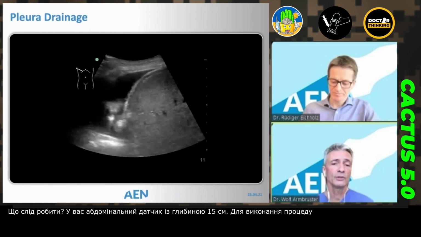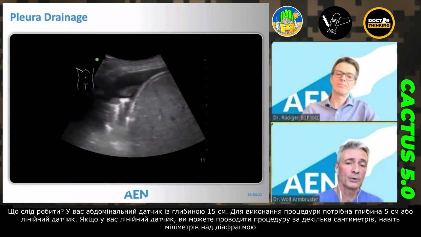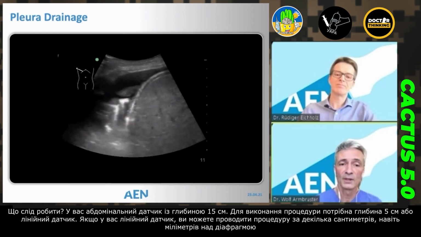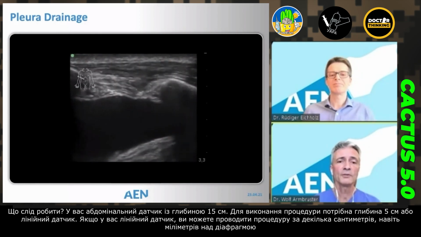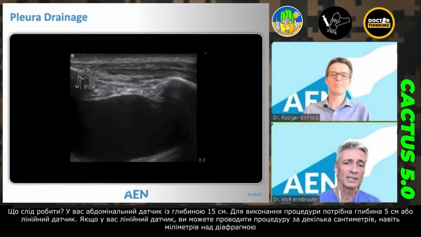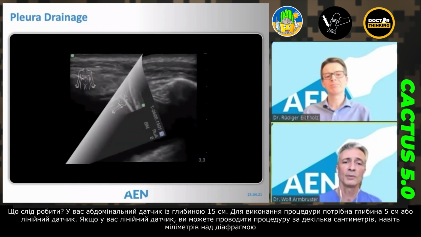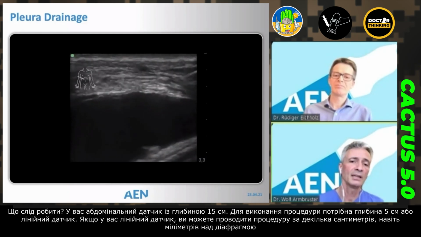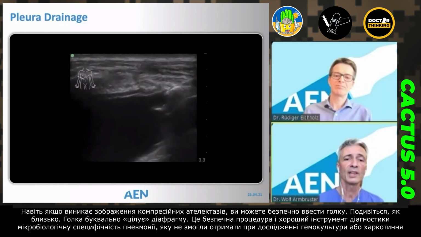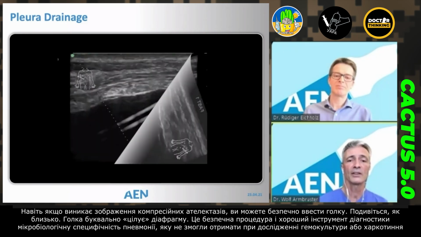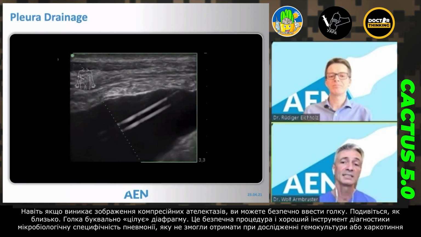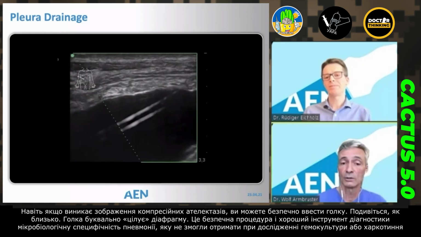Going to the next picture, if you go with the abdominal probe, you start with 15 centimeters of depth. If you want to do an intervention, you have to reduce the depth to about 5 centimeters, or you can use the linear probe. With the linear probe, you can go straight to just centimeters or millimeters above the diaphragm, and even if you have the appearance of a compression atelectasis, you can put in the needle safely and see how close the needle and the catheter are to the diaphragm. It's a safe procedure, and a good diagnostic tool